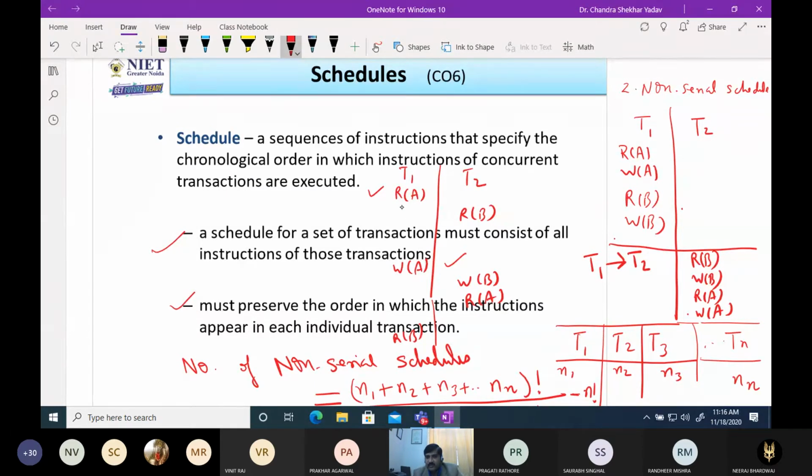We can't swap the read A instruction with the write A instruction. We have to maintain this order within the transactions.